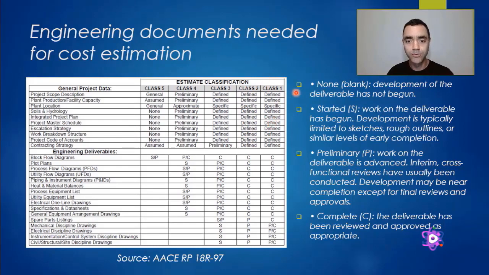So as we go to class 1, it's expected that the definition of the project is already around 50% to 100%. Because of that, we have the process flow diagram, utility flow diagram, and other documentation needed. And you can verify that some documents here, like mechanical discipline drawings, electrical discipline, instrumentation and control, and civil structure, can be in a preliminary stage, or can be a preliminary issue, because this point here is considering the basic engineering or the